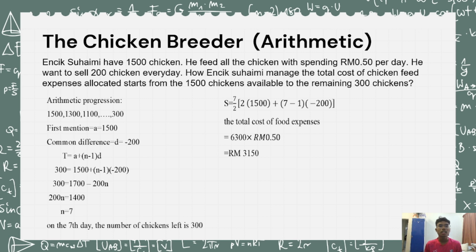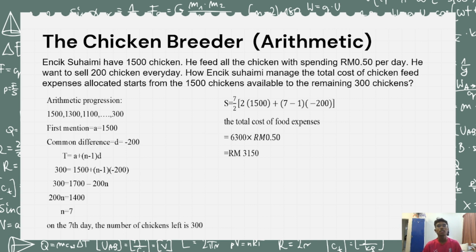The question is, Encik Suhaimi has 1,500 chickens. He feeds all the chickens, spending RM 50 cents per day. He wants to sell 200 chickens every day. How does Encik Suhaimi manage the total cost of the chicken feed expenses allocated, starting from the 1,500 chickens available to